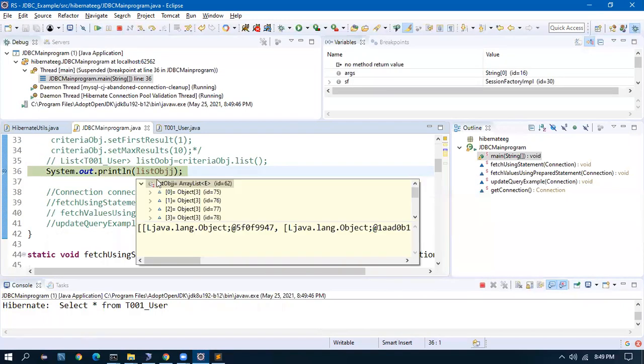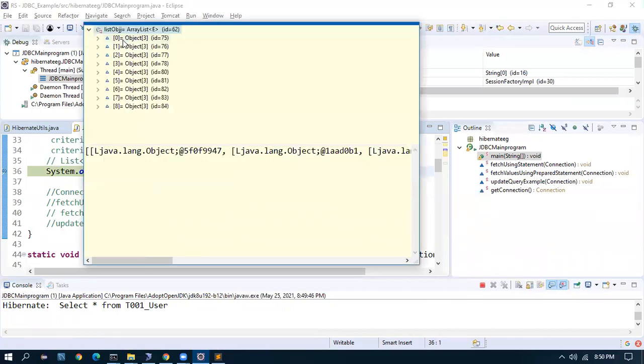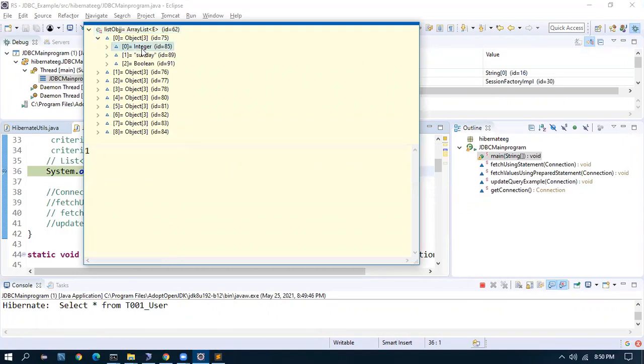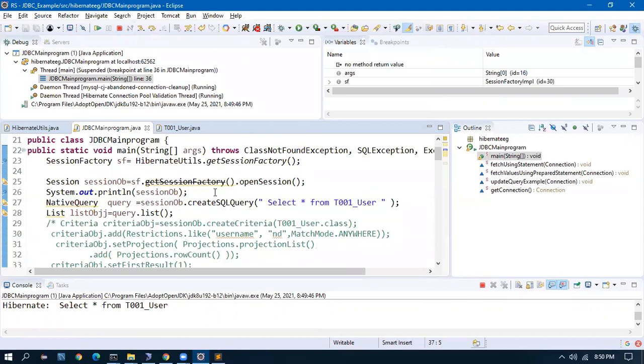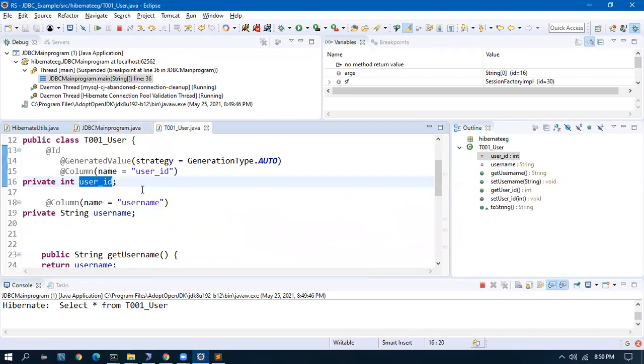Okay, so we have the list. When we iterate it, in the 0th value I'm getting an object array: object array of 0, object array of 1, and object array of 2. This way we can fetch the results. In Hibernate it is not mandatory to use only these kinds of mappings; it is more than that.